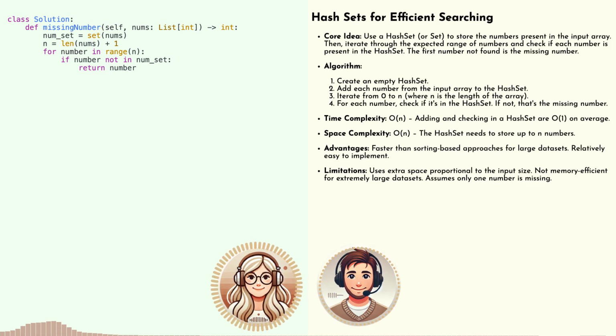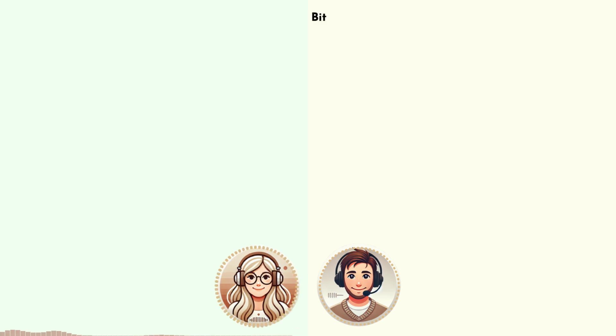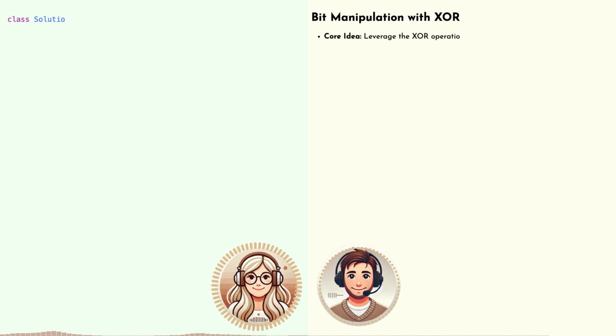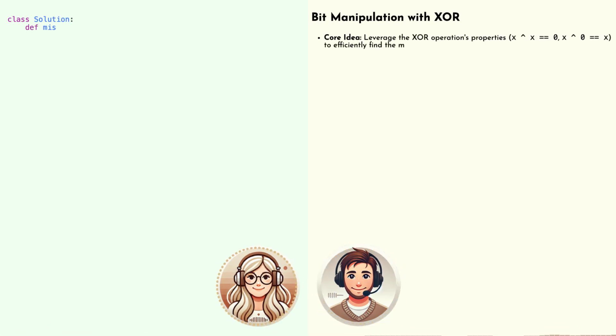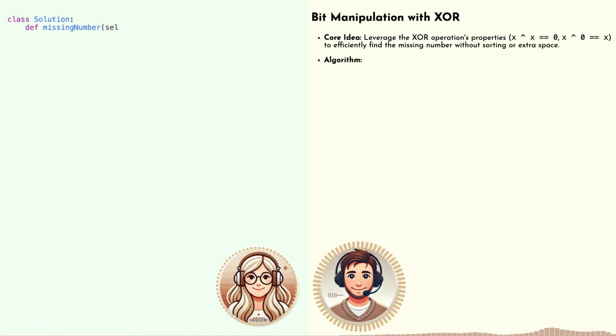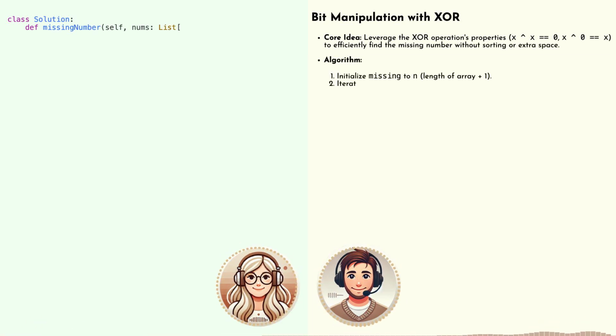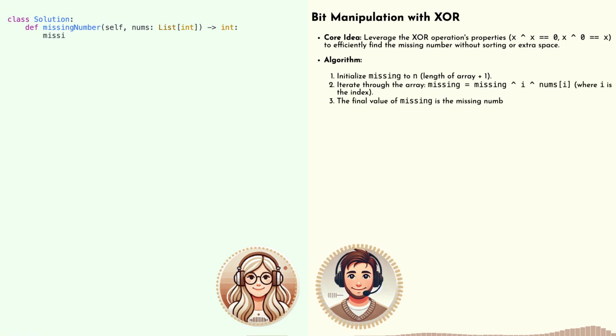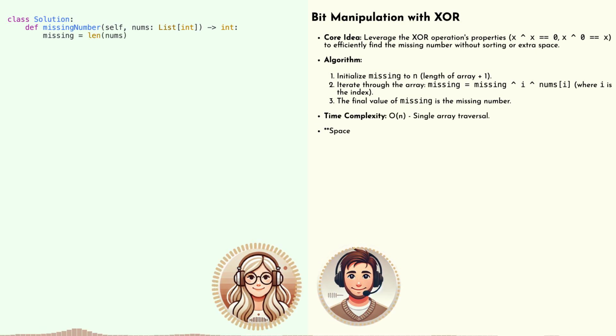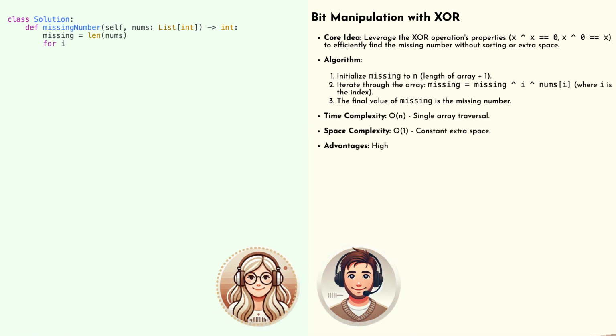And there are a couple of other interesting approaches that I think we can explore. You ready to dive into those? Absolutely. Let's see what other tricks we can find up our sleeve. All right. So we've talked about brute force. And we've talked about sorting. But what if we could find the missing number without even rearranging the array at all? Ooh, that would definitely be more efficient. Any ideas? Well, I was thinking about